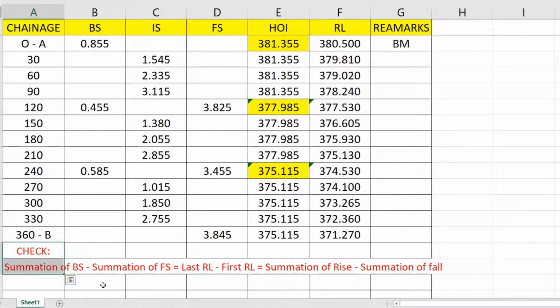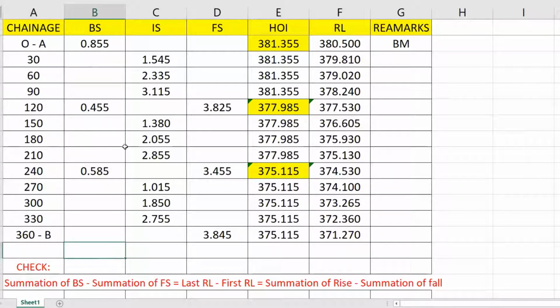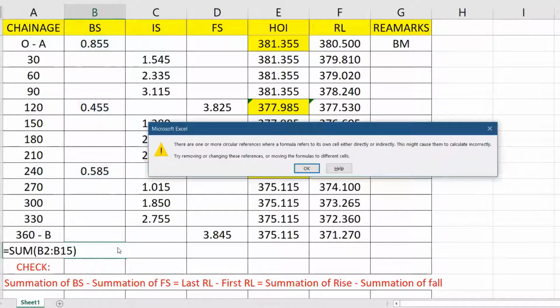Now, shall we do this for the current problem? Now I'm going to calculate. Summation of backsight is what? 0.855 plus 0.455 plus 0.5. So you have to add this column. I'm going to put a sum here, using the shortcut.